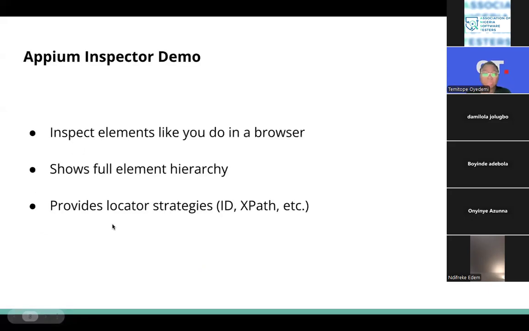Okay, Appium Inspector demo. Talking about Appium Inspector, I think it used to come with Appium itself before, but so far it comes